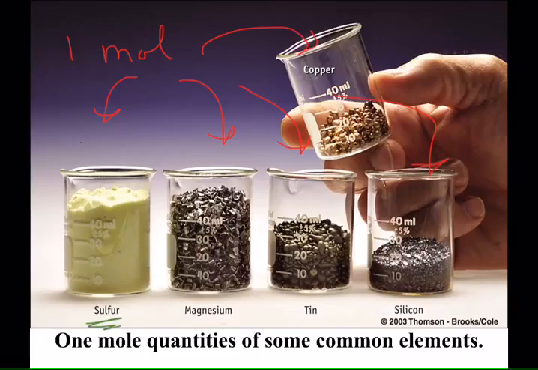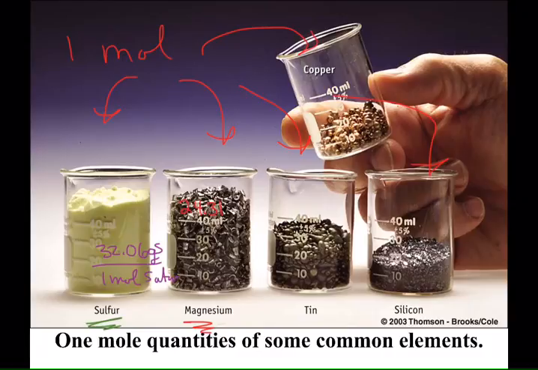I looked it up, and the decimal number is 32.06. So that is the molar mass. That's the grams of sulfur per 1 mole of sulfur atoms. Does that make sense? Okay, magnesium, it has a decimal number of